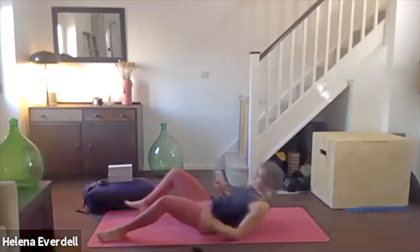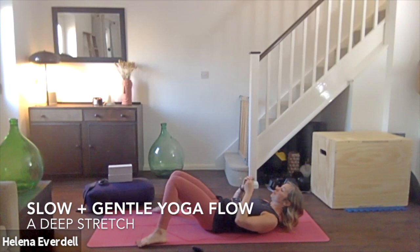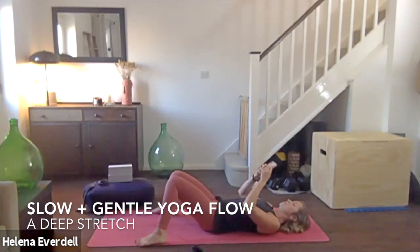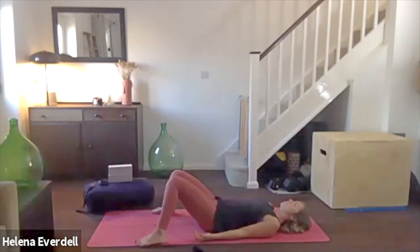The feet as wide as the mat, the knees are bent so those knees can fall in. You're going to take the arms alongside the body so the palms can face up towards the ceiling. Closing the eyes, closing the lips,